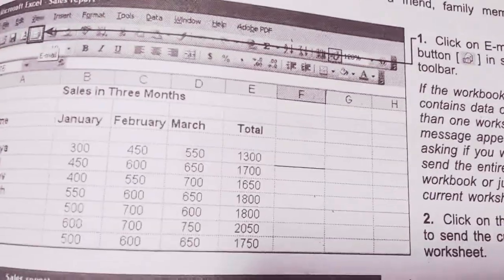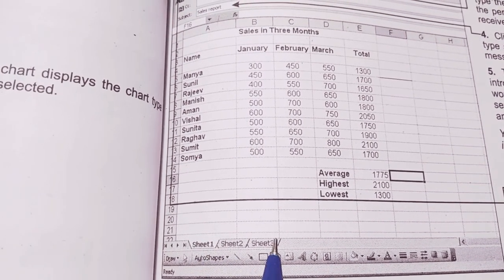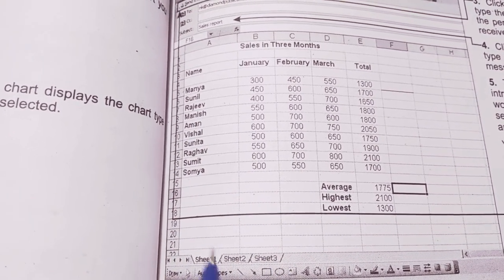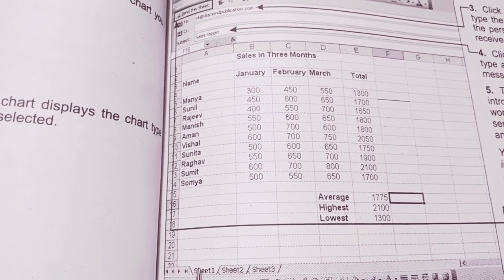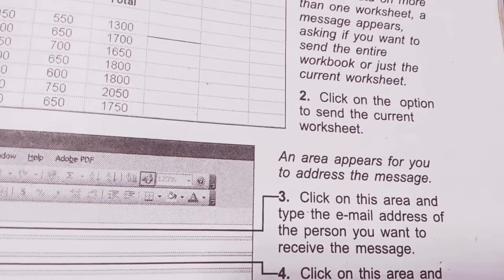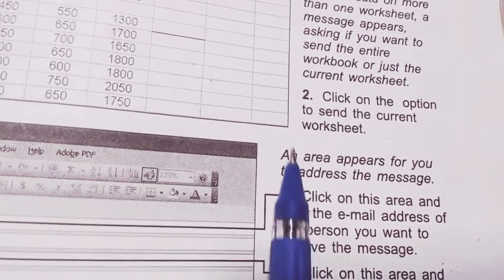So we can send only sheet 1, sheet 2 or sheet 3. All the sheets together are called a workbook, but we are selecting only sheet 1. So a single sheet is called a worksheet. Click on the option to send the current worksheet.